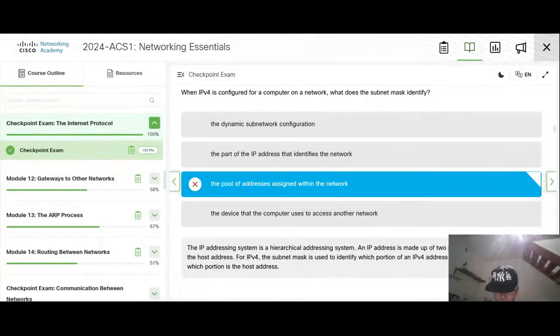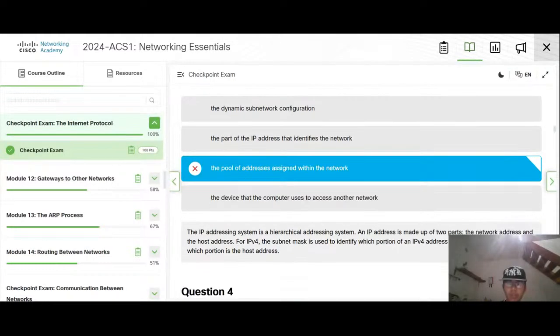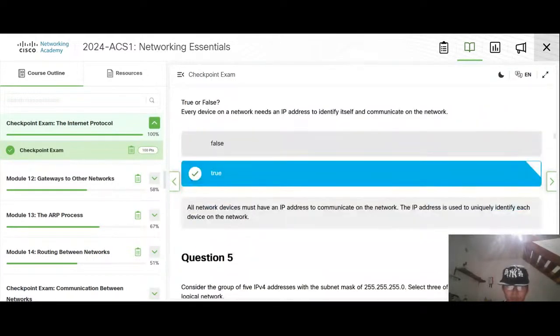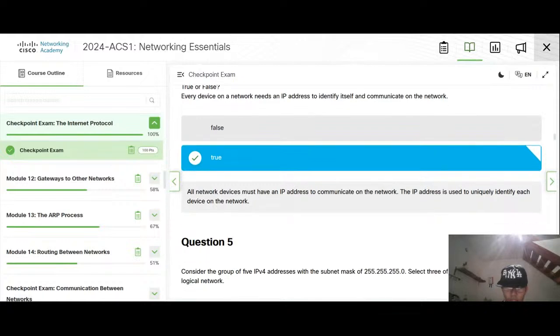Identify which portion is the network address. The part that identifies the network is the network portion. True, yeah. Every network needs an IP address to communicate on the network.